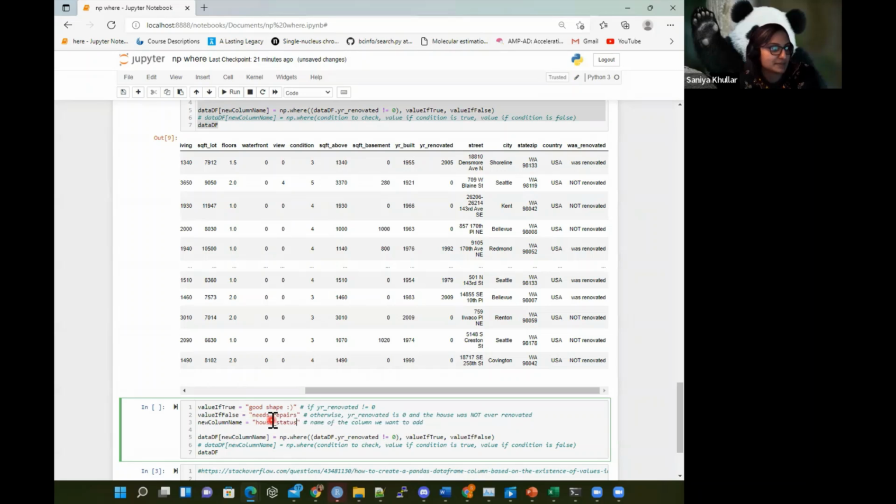House status. So maybe repair status. The idea is that if it's not been renovated and it's very old, maybe... I think it's pretty old, right? So if it's in good shape, if year renovated is not equal to 0,